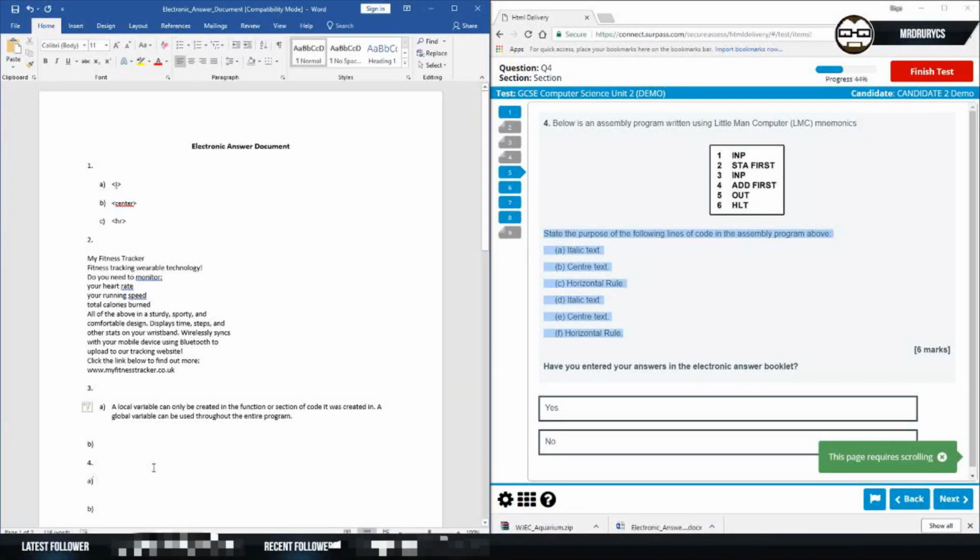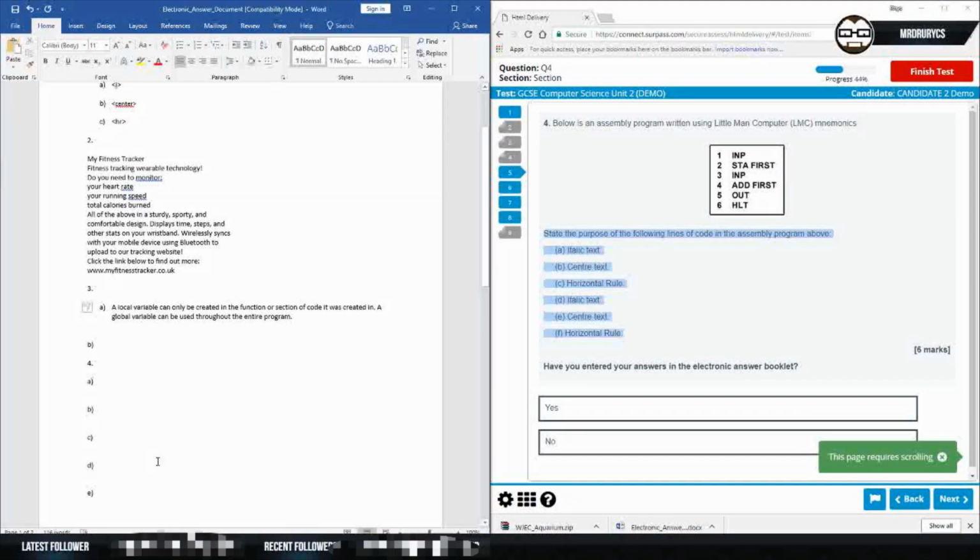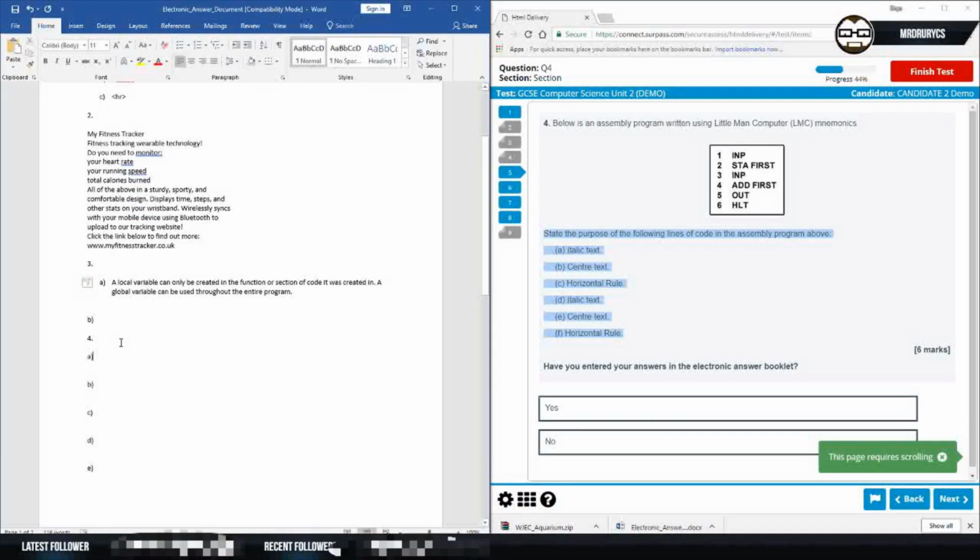It says below is an assembly language program written using Little Man Computer LMC mnemonics. Instead of saying it in italic text and all that jazz, it obviously means: what do INP, STA first, ADD first, OUT, and HLT mean? Okay, so we should know that INP